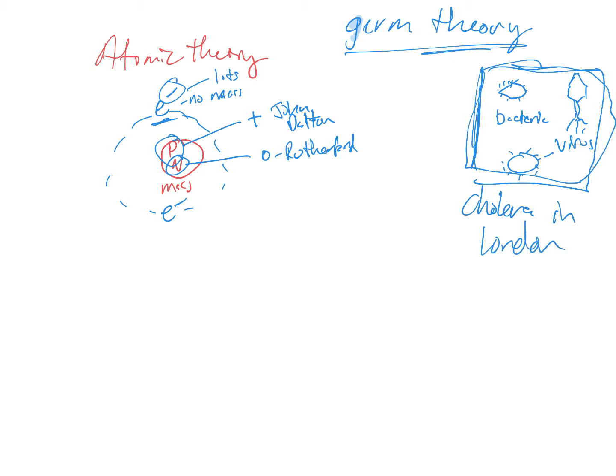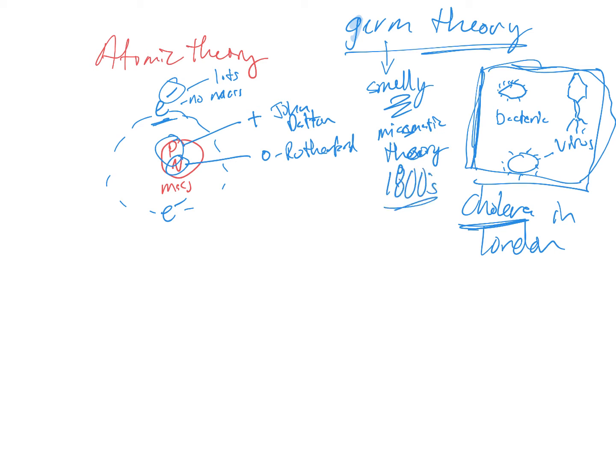In terms of germ theory, it came from an outbreak of cholera in London. People were drinking water and they were getting infected with cholera. And they used to think that germs, things that made us sick, were smelly things. But that was called the miasmatic theory. So that existed in the 1800s. I can't recall the exact year when this outbreak began, but there was a guy by the name of John Snow who started to think that that was not necessarily true, that just smelly things made us sick.